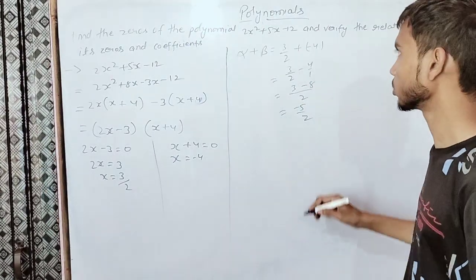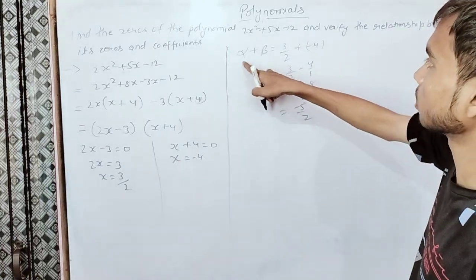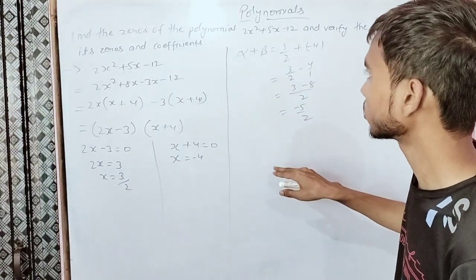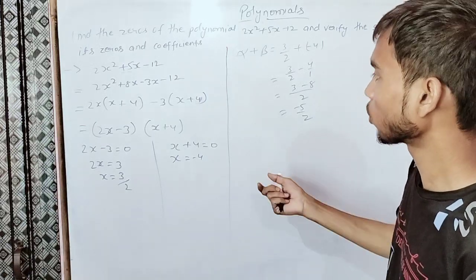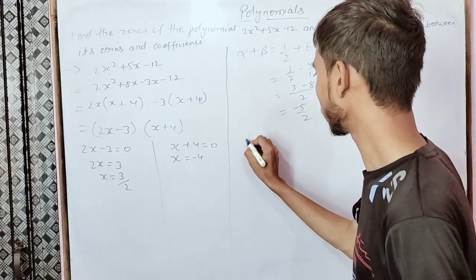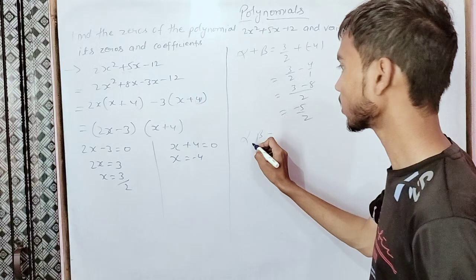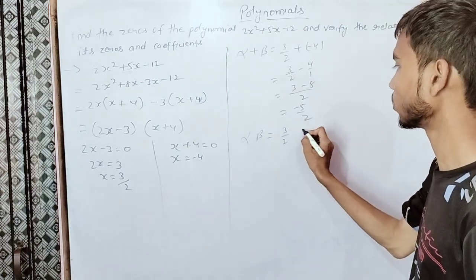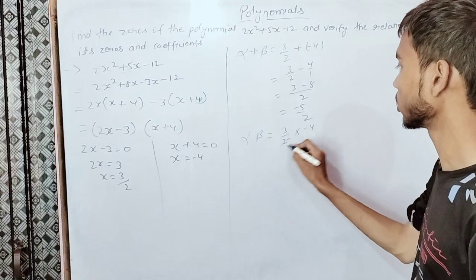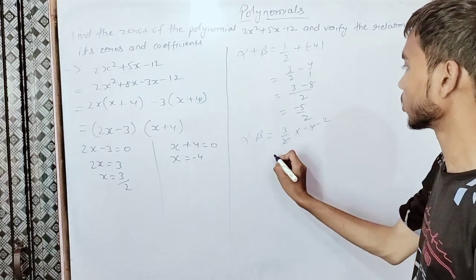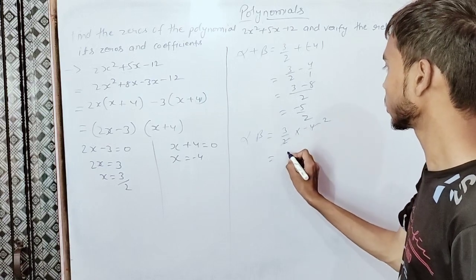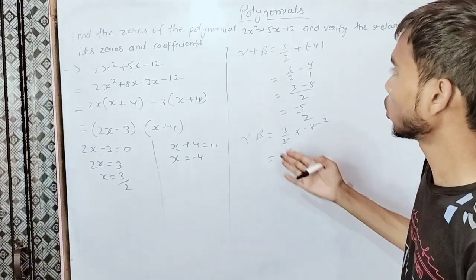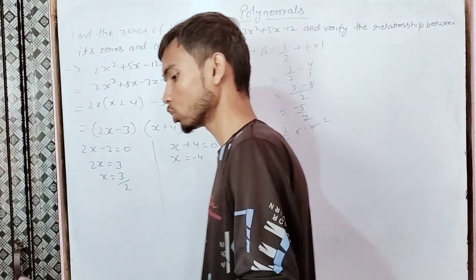Minus 5 upon 2. This was the sum of this and this. This was the sum of zeros. Now there is the product of zeros, alpha into beta. So alpha is how much? First, this 3 upon 2 multiplied by minus 4. So 2 twos are 4. This will be minus 6. You can even check it. So the sum of two zeros